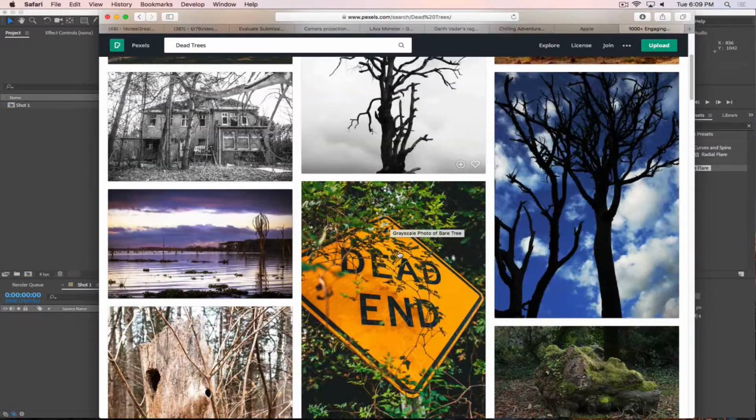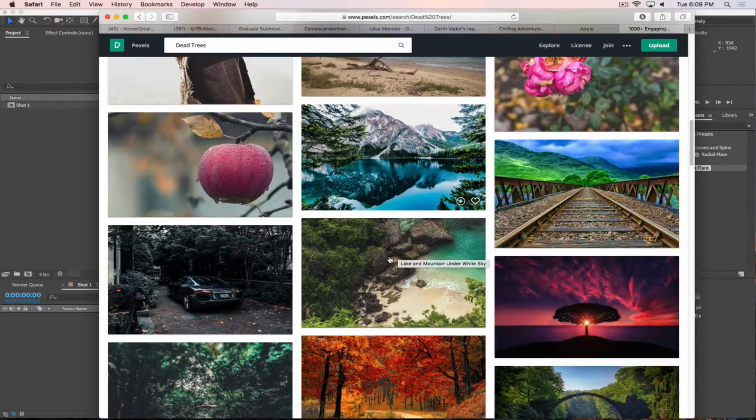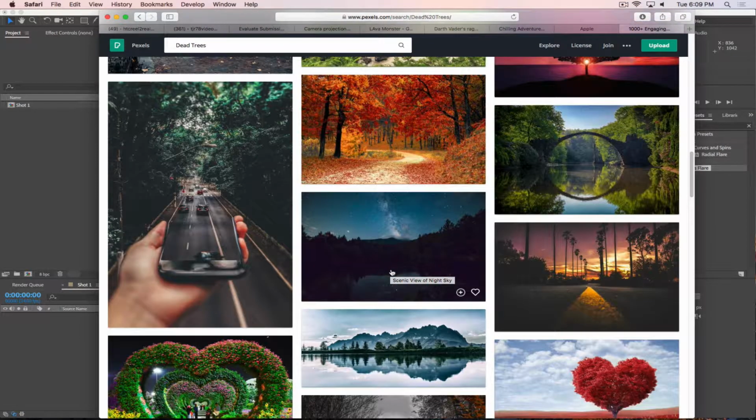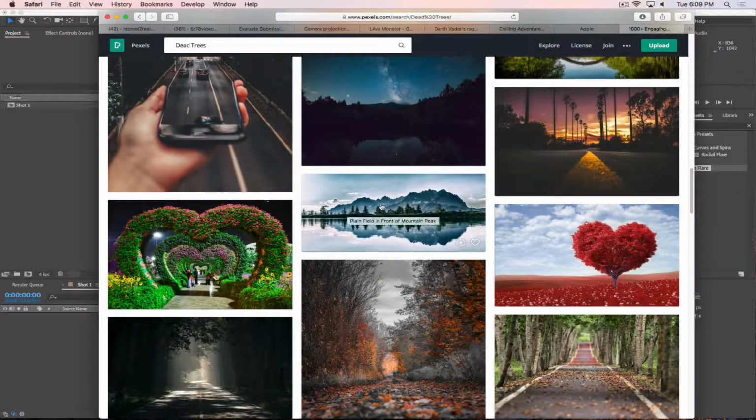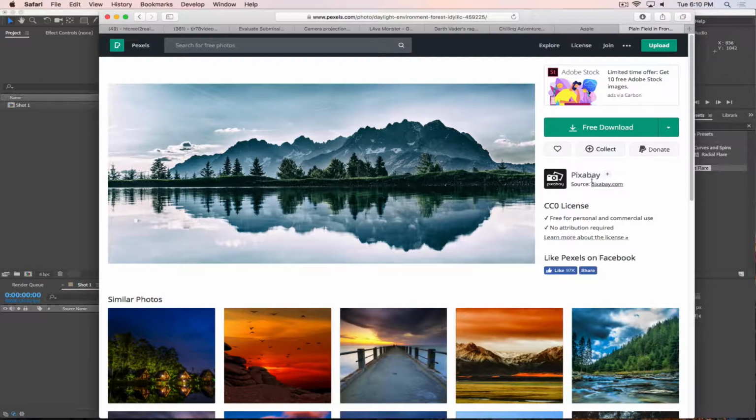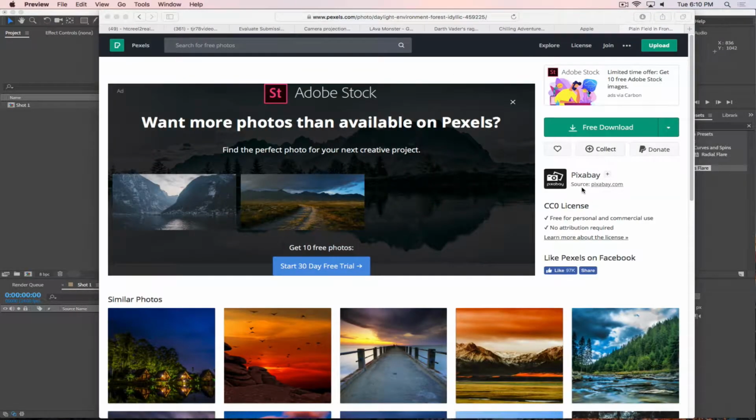I'm looking for like a good wide shot. Something that has kind of a flatter, ooh, this is cool right here. So this plain field in front of a mountain peak. So I'm thinking we could use the top part of this image as like the background way off in the distance behind what we're about to make. So I'm gonna go ahead and click on this one, and I'm gonna do the free download, and that's gonna